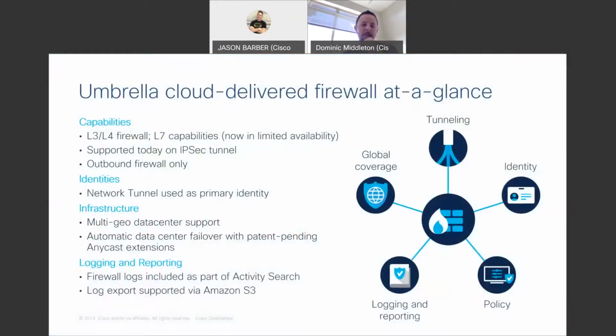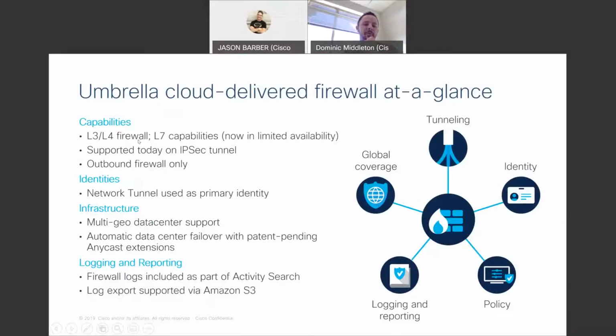The cloud delivered firewall, a few things to talk about here, but first of all, like I mentioned, auto tunneling, auto provisioning already in place right there, so we get that set up. Make sure your traffic leaving the environment is going to the right places and doing so securely. We have identity solutions in place to make sure the right people are who they say they are and sending the right traffic to the place it needs to be. Policies around the firewall, logging, reporting, global coverage, again, through Talos. So some different features here.